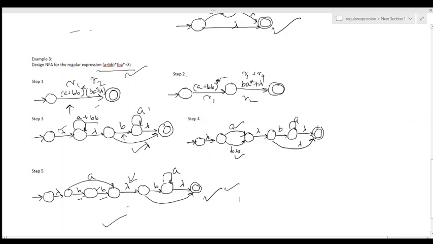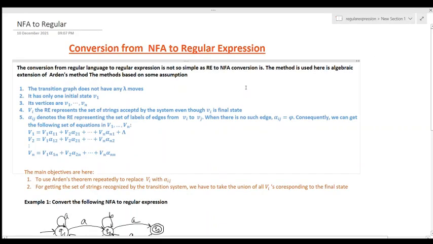Now comes the next important thing. If we are given an NFA, then how do we get a regular expression for the corresponding NFA? To start with, this is not so simple as we did in conversion from regular expression to NFA. To have a regular expression from an NFA,